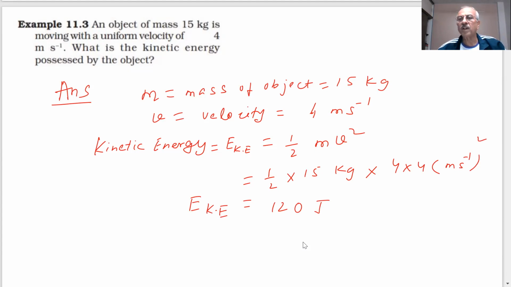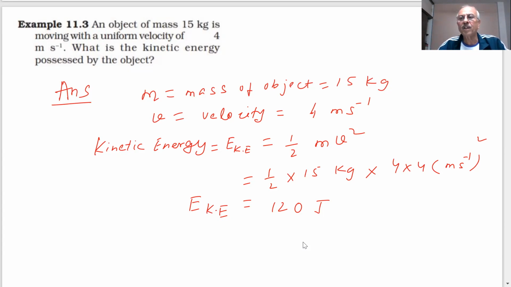Therefore, this body has got energy. And when a body has energy, it can do work. If work is done on a body, what will happen? There will be change in kinetic energy. Therefore, now you see the relationship between work and energy. As I said, they are the best friends and they have the same units. And both the things will be used in a large number of questions, which will be discussed in the next lectures.